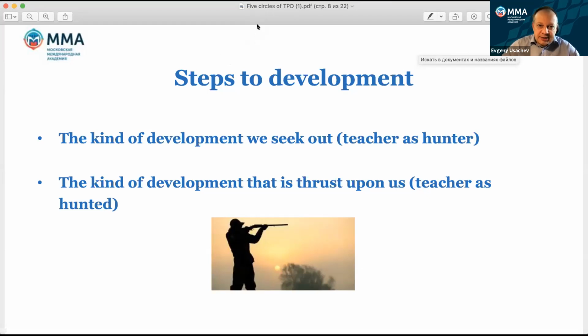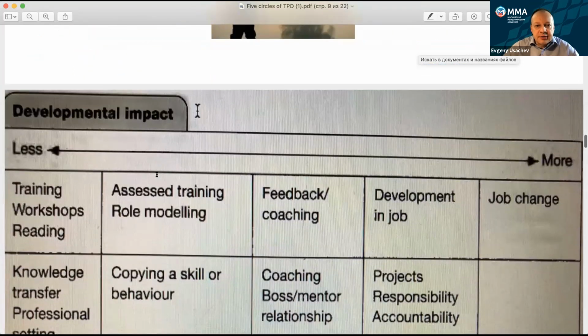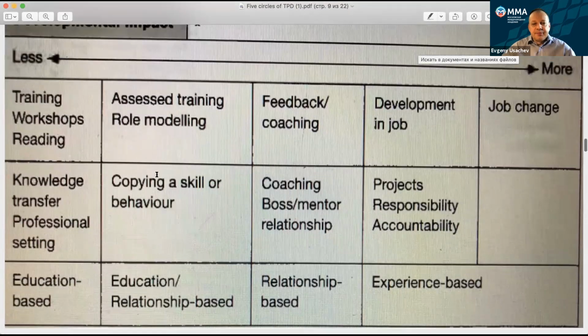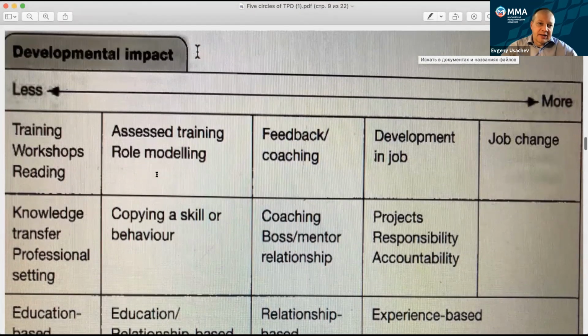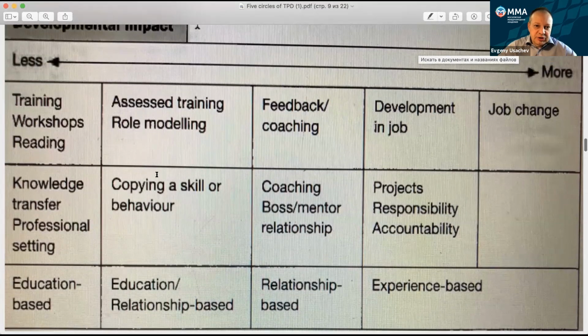Okay, and now let's have a look at this interesting slide, which actually reflects developmental impact. So you see the activities on the slide, which have some kind of influence on our development.